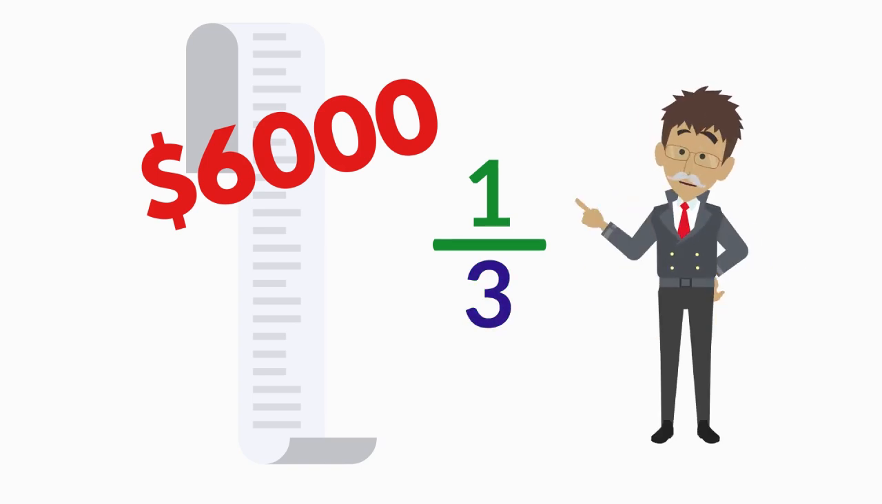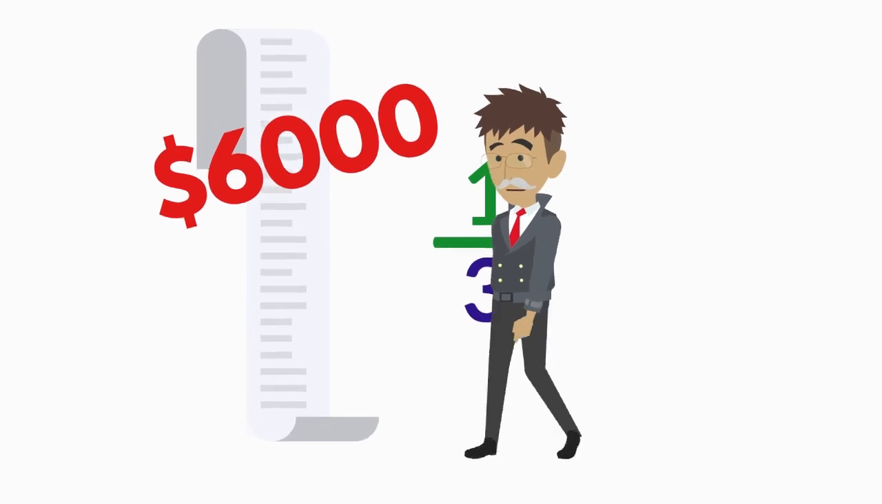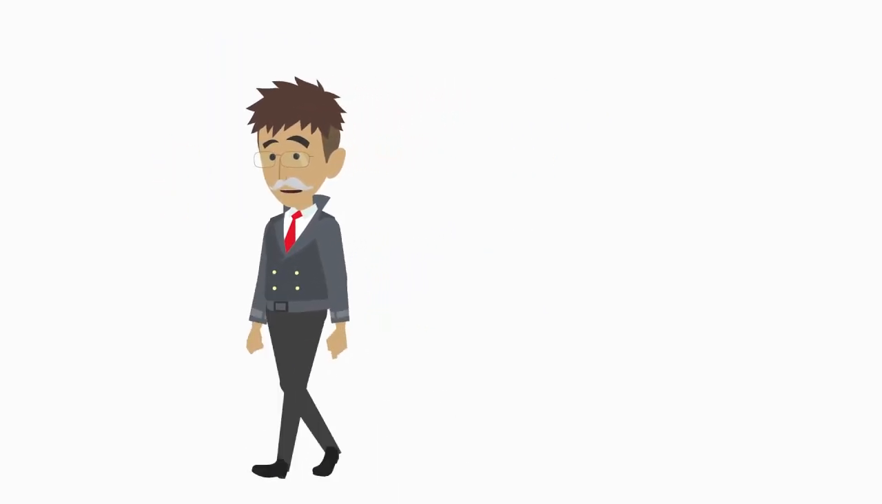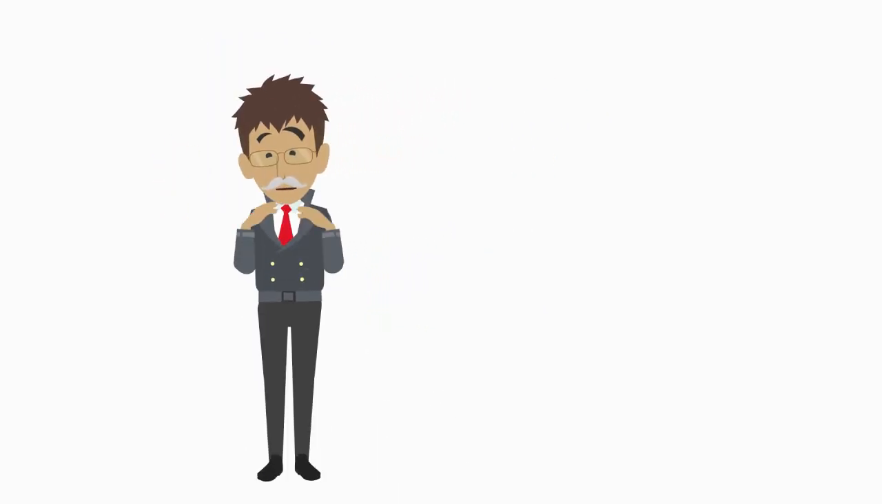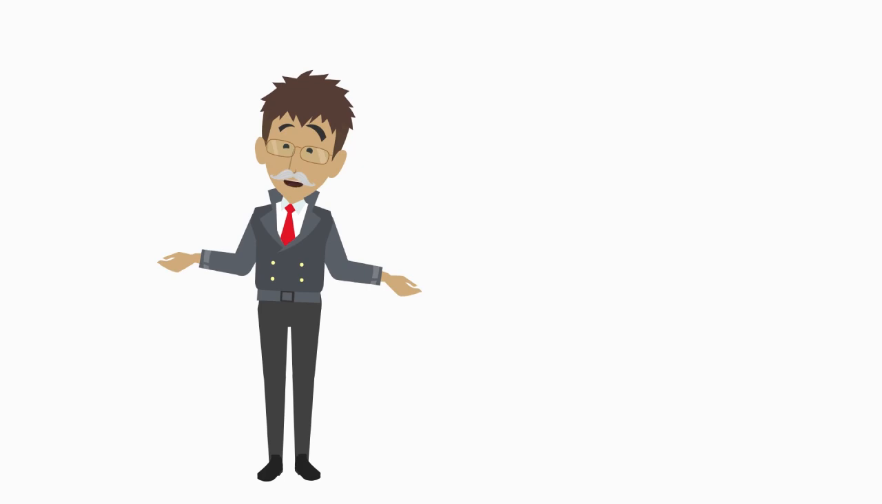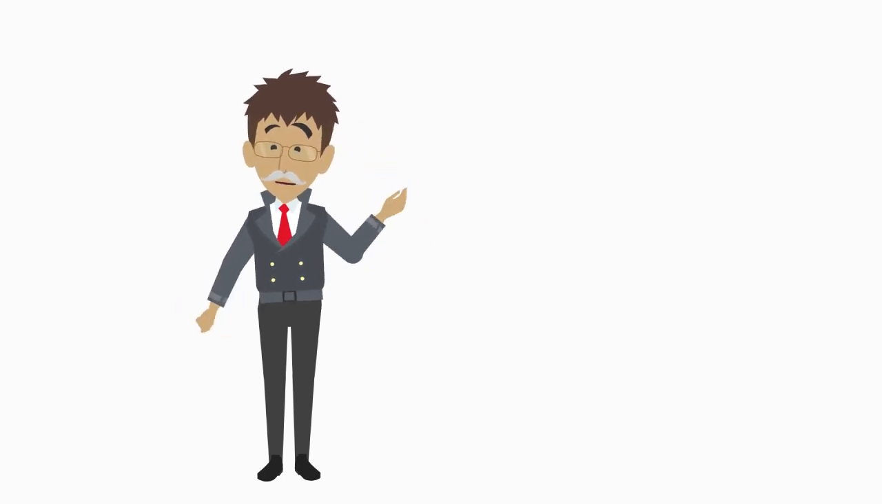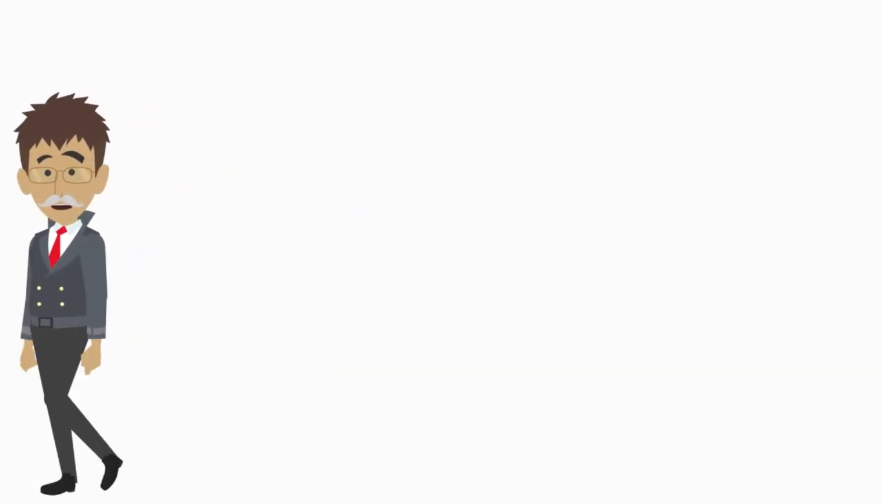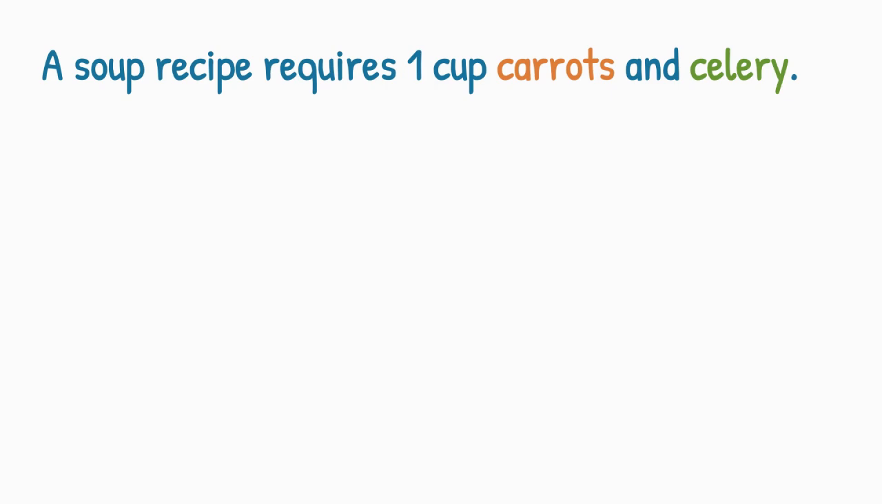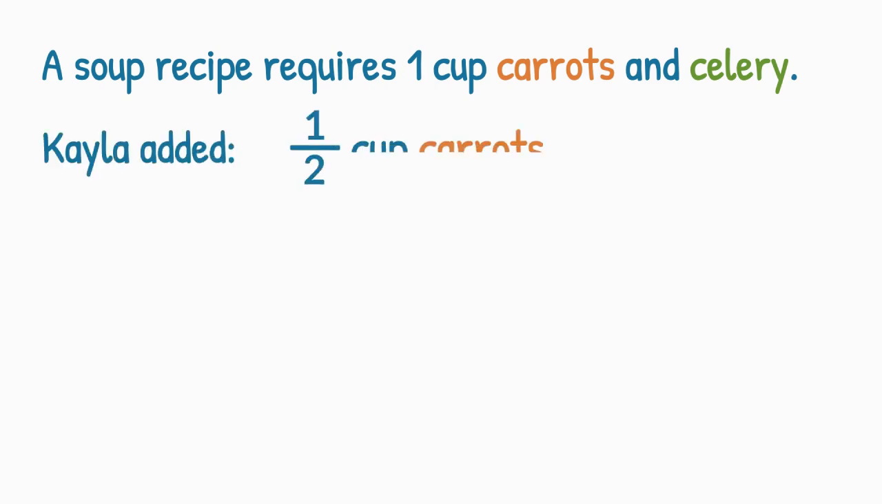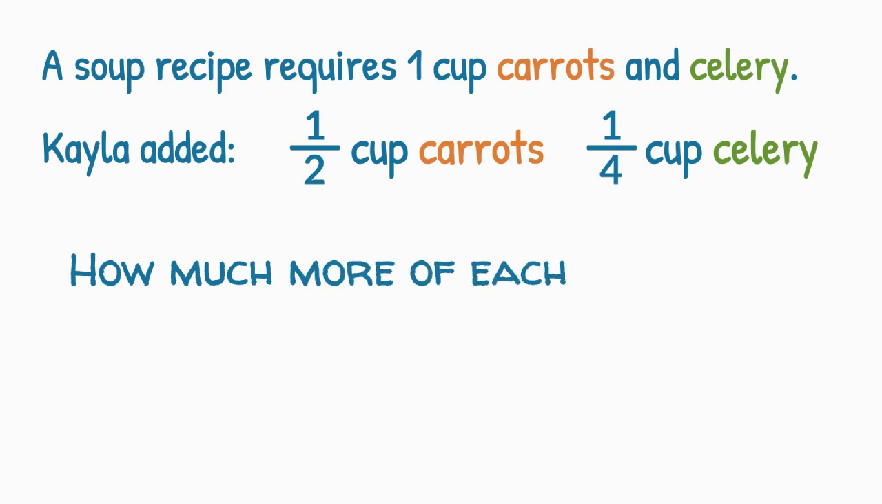the total budget. In the previous section, we represented the questions regarding Kayla's soup using diagrams. Let's examine the same problems using number lines. A soup recipe requires 1 cup each of carrots and celery. If Kayla added 1/2 cup of carrots and 1/4 cup of celery, how much more of each ingredient is needed